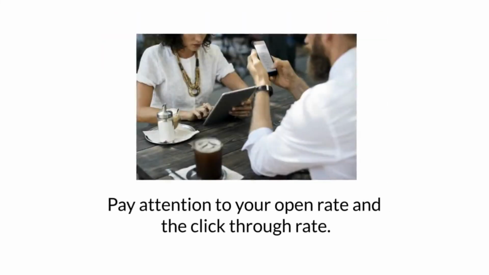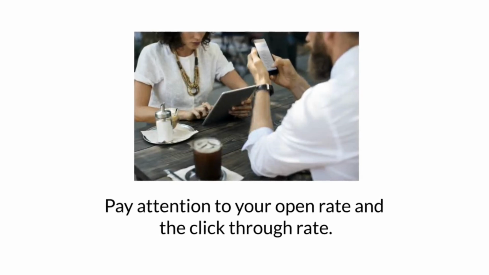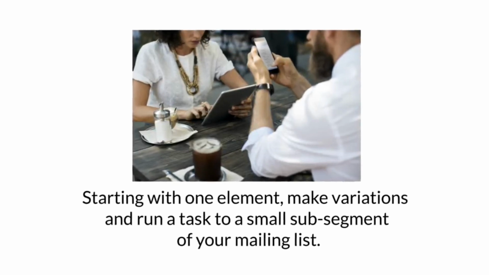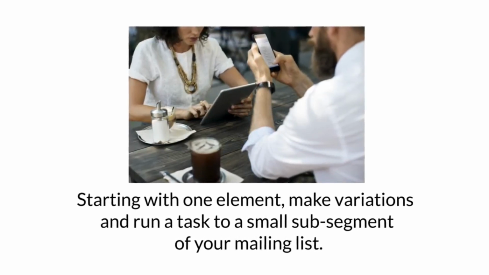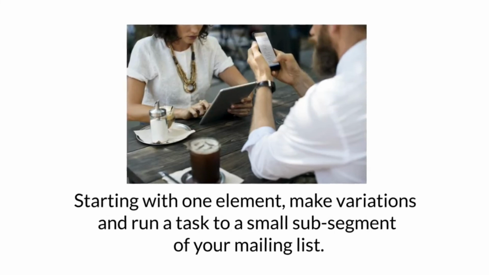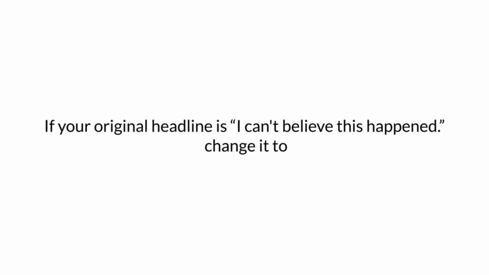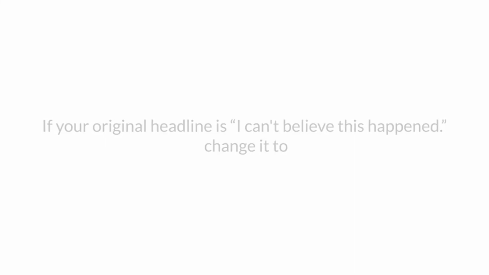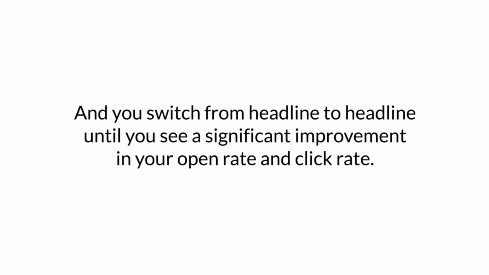Next, send out your updates and see how well they are received. Pay attention to your open rate and the click-through rate. Starting with one element, make variations and run a test to a small subsegment of your mailing list. See if there is any improvement from the previous email's performance. If there isn't, make variations on the element again. For example, if your original headline is, "I can't believe this happened," change it to, "This little secret got me a new Mercedes-Benz." And you switch from headline to headline until you see a significant improvement in your open rate